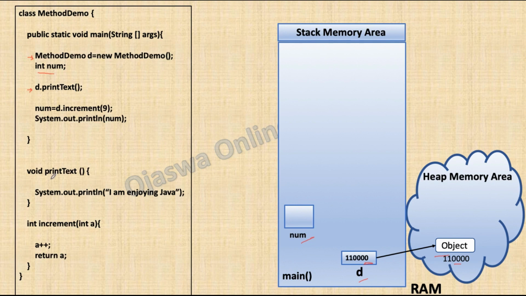Now if you see the method signature of printText, the method is not accepting any parameters. These parentheses are empty. Hence, while giving a method call, we are not passing any arguments to the method. As soon as the interpreter executes this statement, the control of the program will go to the method definition. So from here, the control of the program will go to the definition of printText and the code inside the method